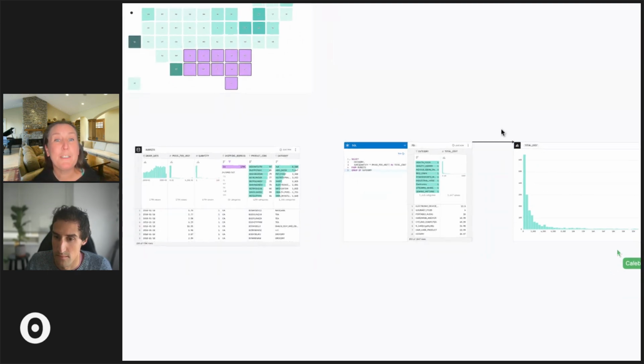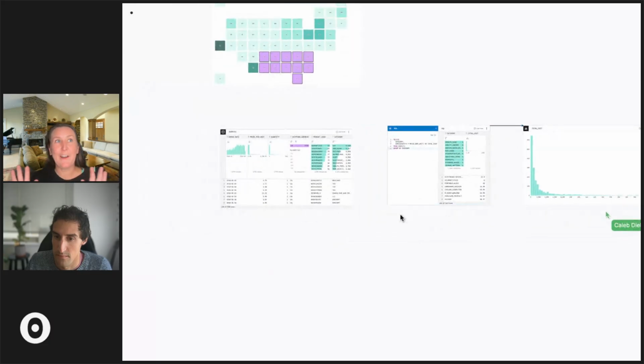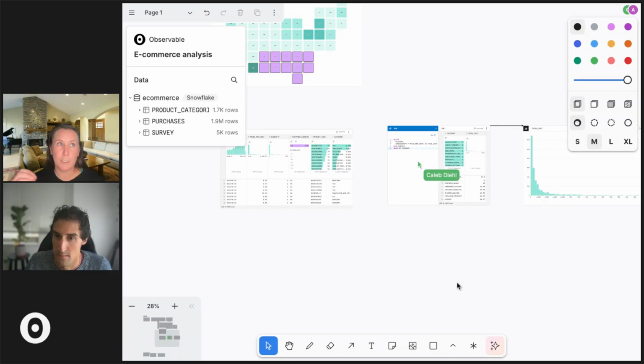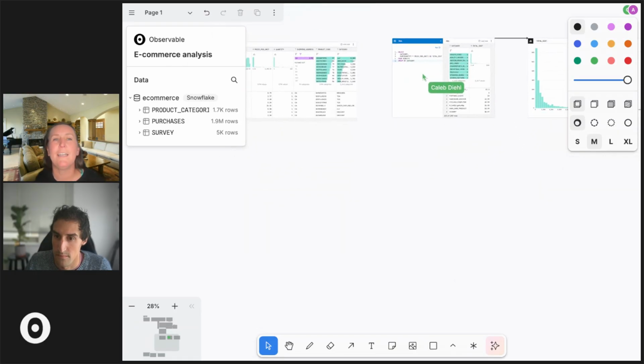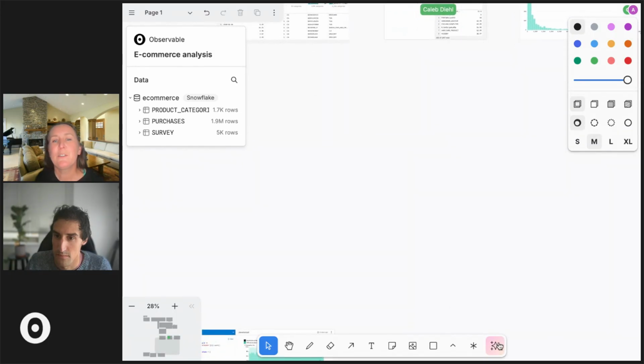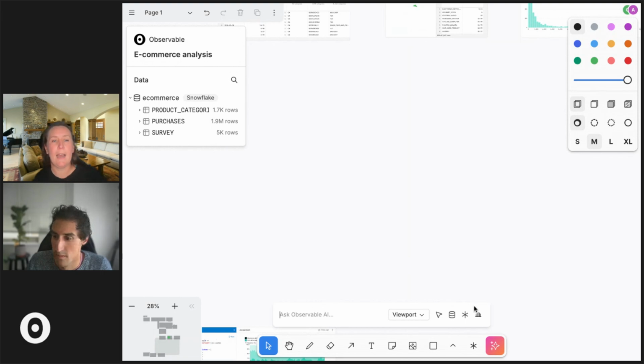Now, some folks might be totally happy always writing their own SQL code or their own JavaScript for creating their analyses. But sometimes you might want a little boost. And so we have an AI option that you can prompt to get a little bit of a boost in your analyses. So I'm just going to do one little example. I'm going to open my AI view here, and I'm going to say, make a chart of total monthly revenue